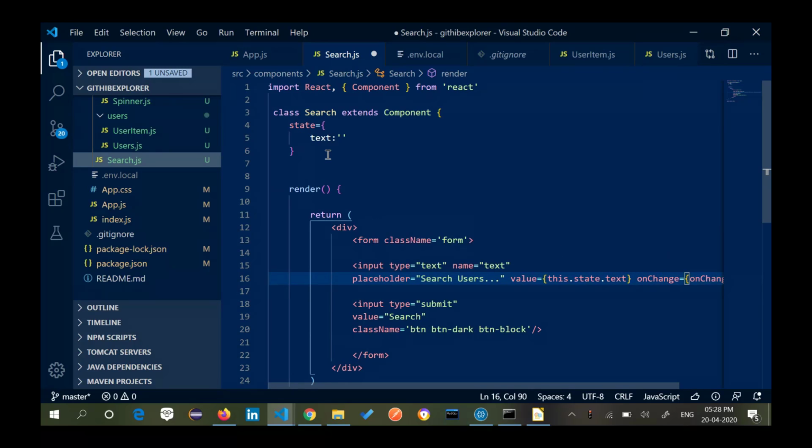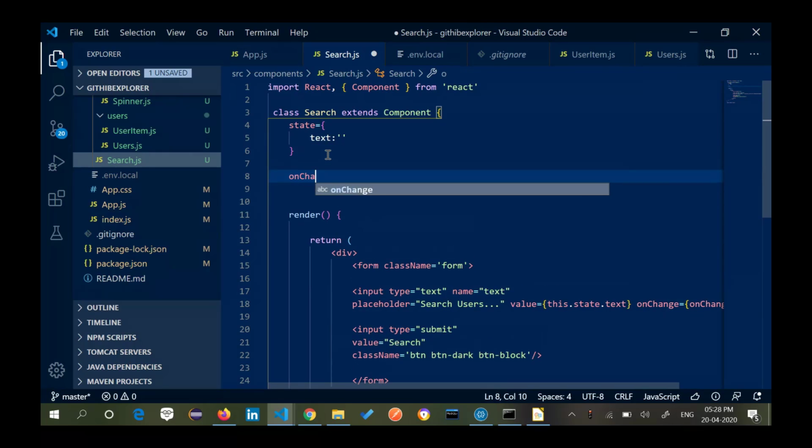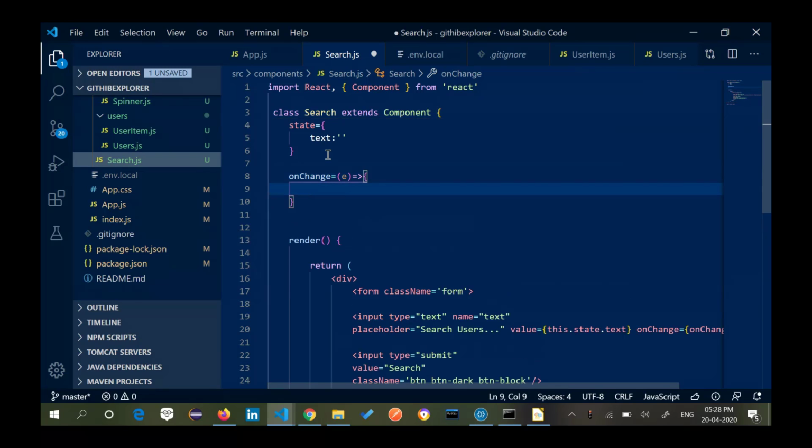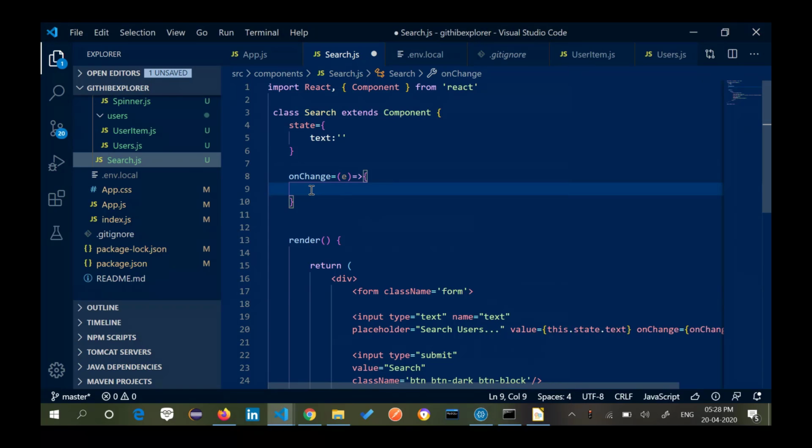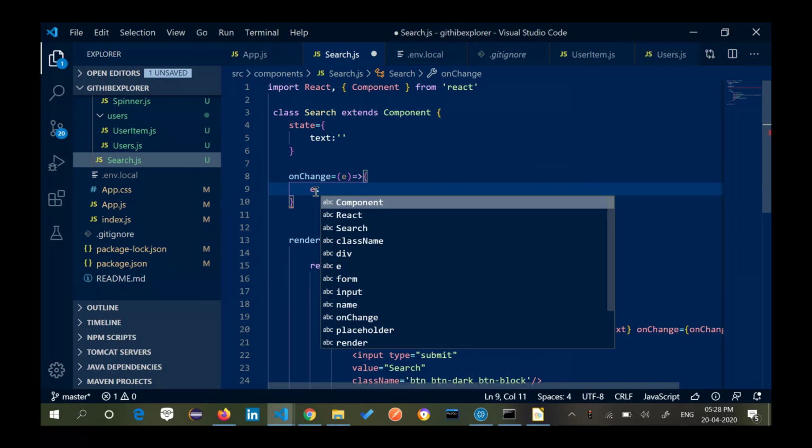So I'm going to do onChange is equal to, and this e is an event now. This e stands for event, when something happens. So onChange is equal to, and the way we normally use it is e dot